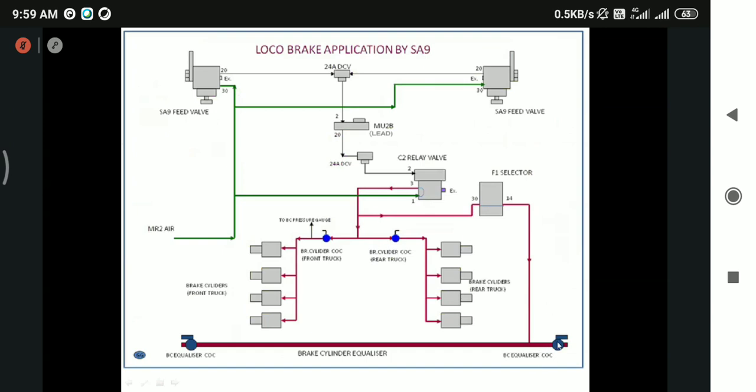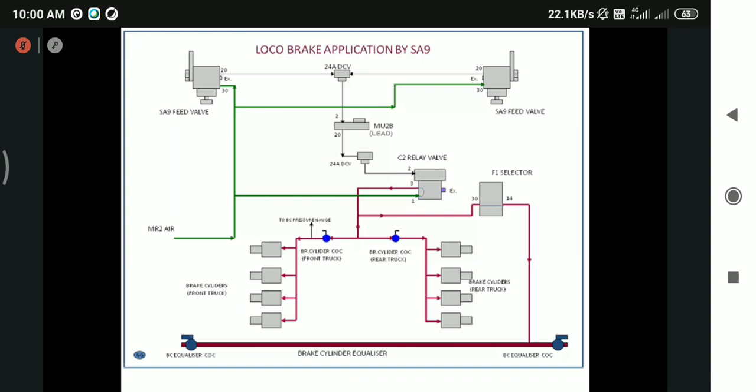So this brake cylinder equalizing cock, at a long hood and a short hood, will be in closed condition. That will be trapped in the loco within the system itself. But if a second loco is attached, a trail or dead loco, the brake cylinder equalizing cock of that loco and our loco brake cylinder equalizing pipes will be connected. If connected and this cock opened, this pressure will go to the trail or dead loco, and in the dead loco also brakes will apply if you apply SNN in the lead loco.